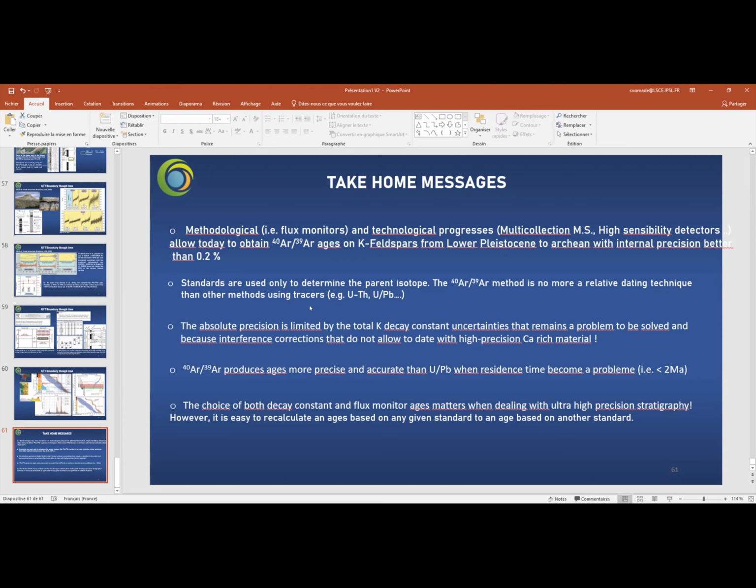But I think this is a big discussion in the community, especially the mathematical community. Is there a natural age variation? That means is there residence of sanidine crystals in a not so hot melt anymore, which produces a real span of ages, or is it not? We are at the point where we could ask the question: do we have the resolution to see that? Yeah, that would be very interesting.